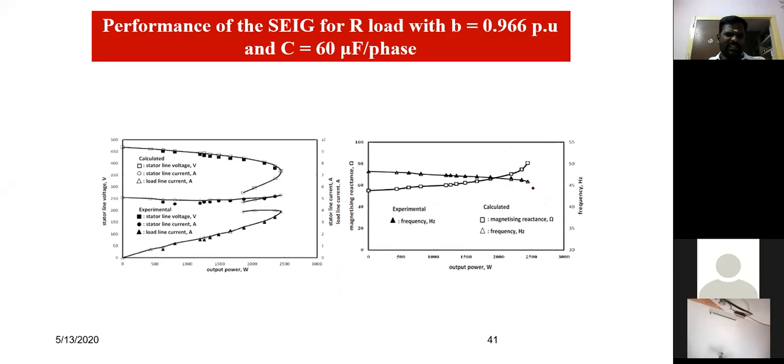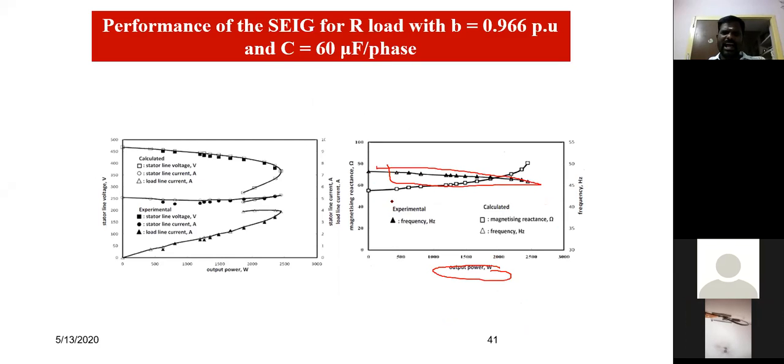Here, another important piece of information: when the power changes, even if you keep a constant speed at the rotor terminal, we can observe a frequency deviation, and changes in the magnetizing reactance also. That is why I said the analysis is very, very complex, and we can apply any numerical or optimization technique to predetermine the performance of the machine.